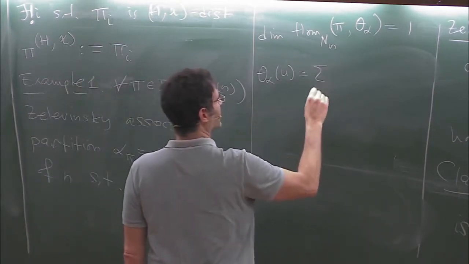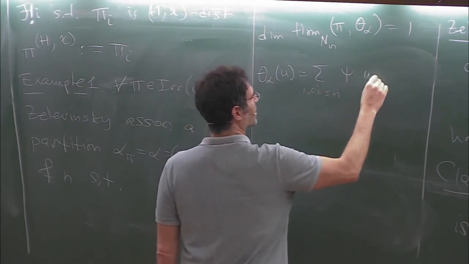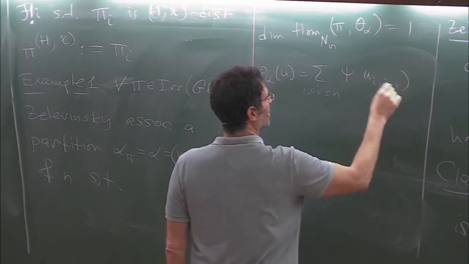It's given by a sum over all i's of psi(u_{i,i+1}), where you skip